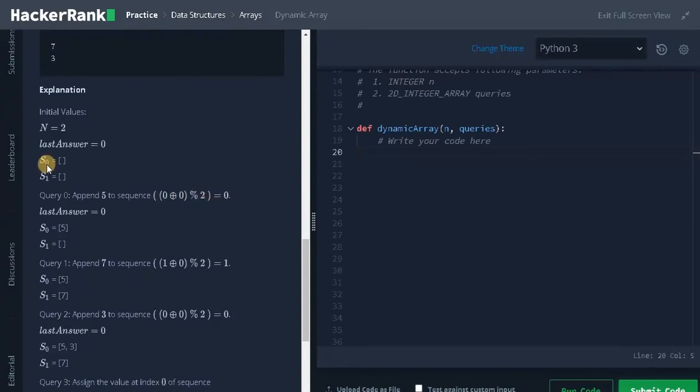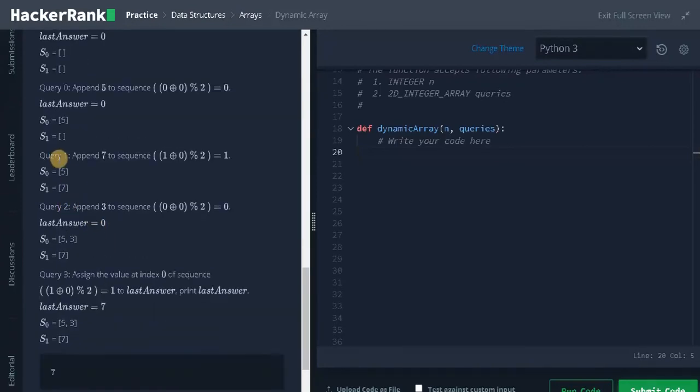So for sequence 0, we have to append 5. Similarly, for query 1, we have to append 7 to sequence 1. For query 2, append 3 to sequence 0. So that will be 5, 3 in sequence 0 and in sequence 1 that will be 7.